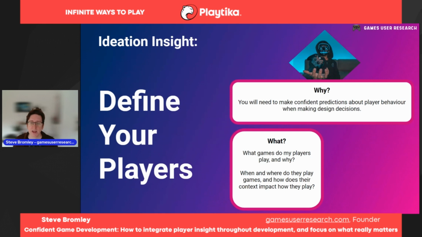That type of data will help you inform your design decisions, because you need to know how long a play session will be, how much attention my player is going to give, how often we need to create opportunities to off-ramp and pause and stop, whether it is a traditional console game, a PC game, or a mobile game. Understanding how people are playing similar games to yours will be tremendously valuable.